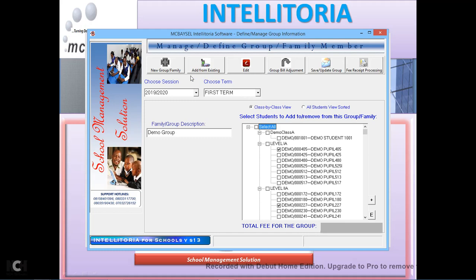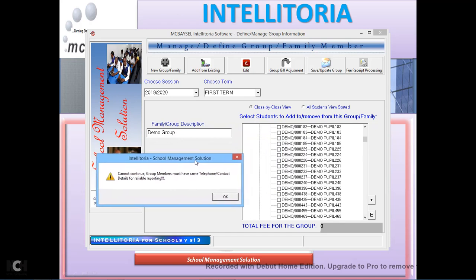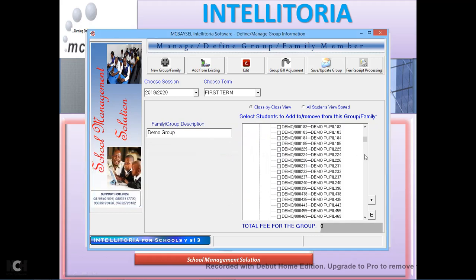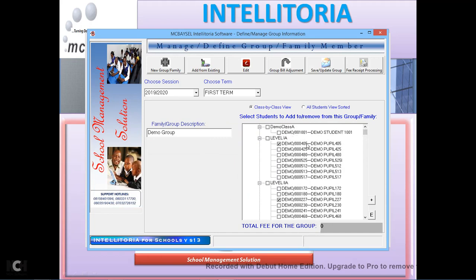I click on that and save and update. Yes, we get this message that says cannot continue. Group members must have the same telephone or contact details for reliable reporting. So let us go back and edit the details of these two students. They must have the same telephone number. I click on 405. I can click this button to edit